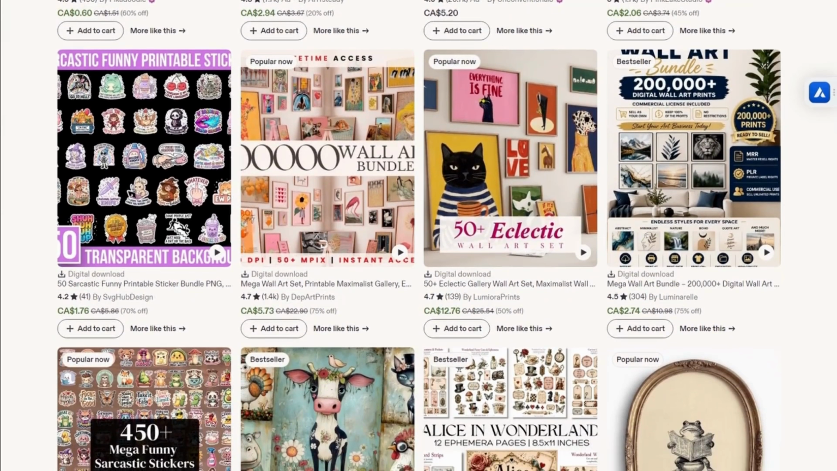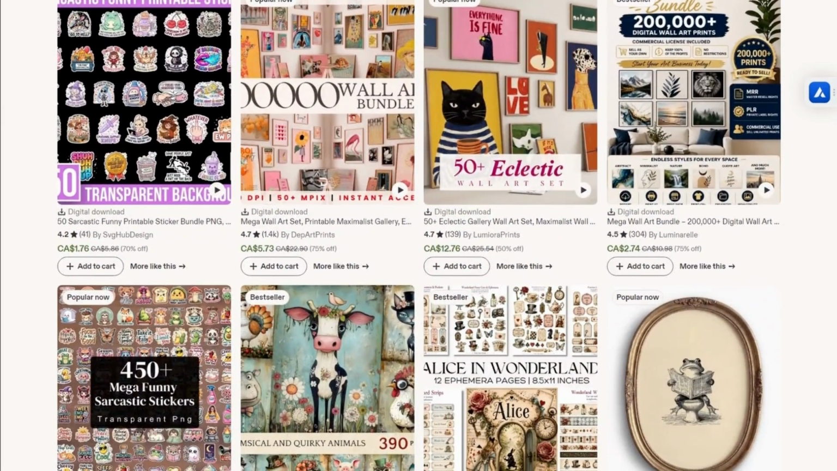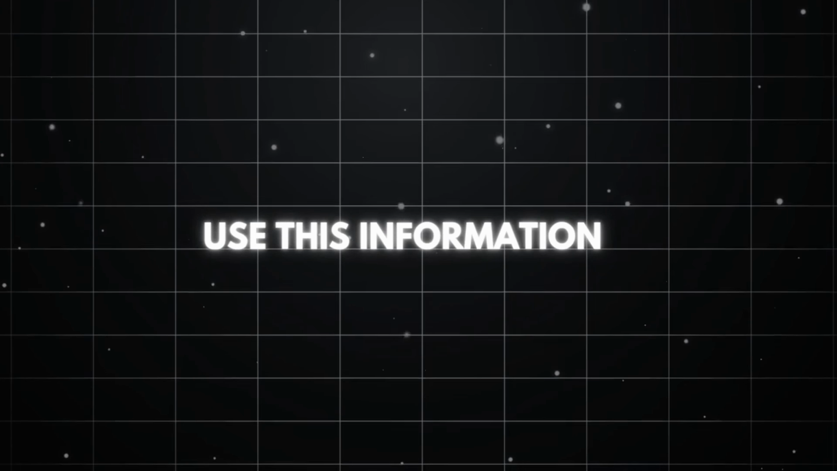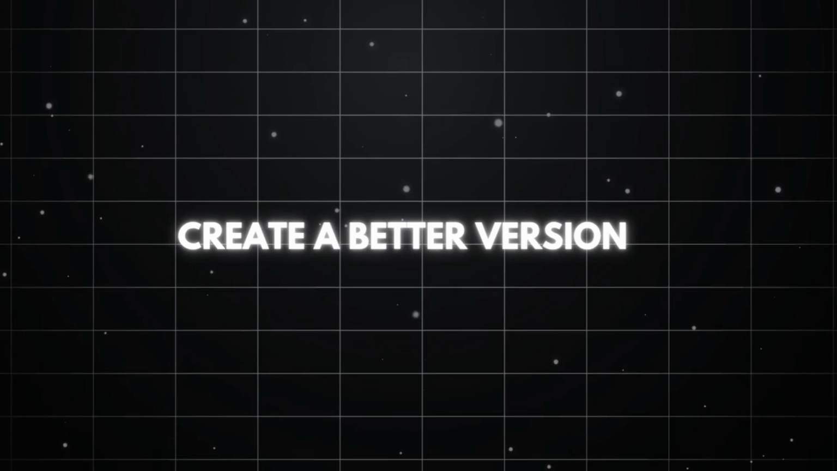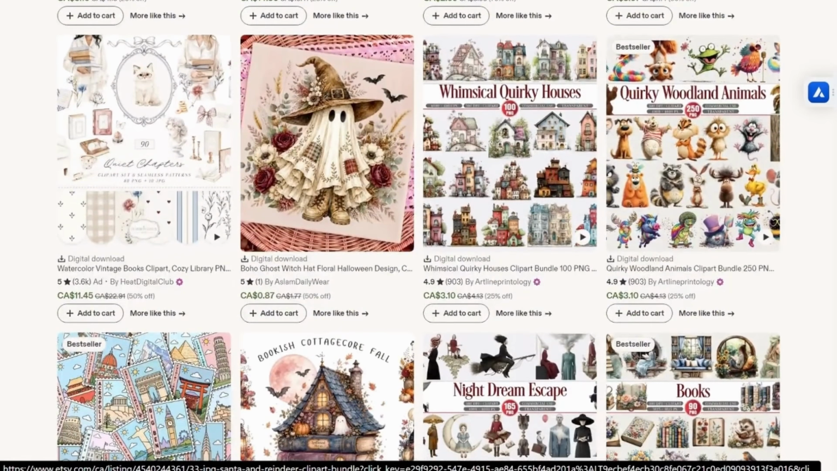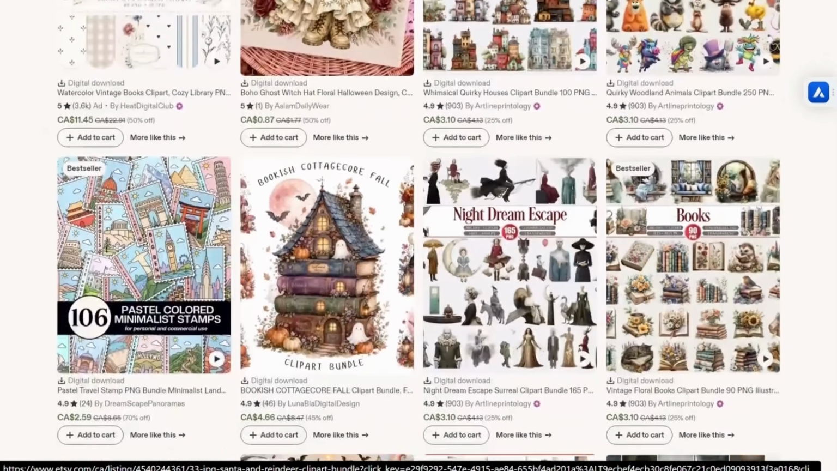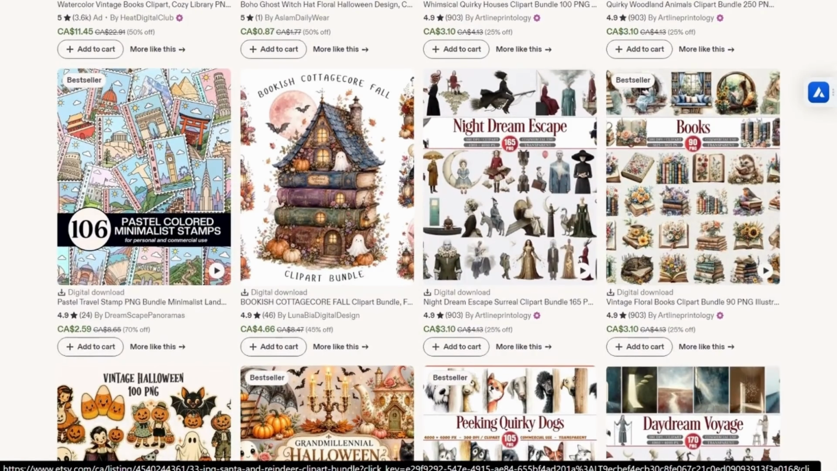For this video, I will be using Etsy to validate the market because it allows us to see what customers like or dislike about a product. We can then use this information to create a better version of the design. We will be focusing on creating an in-demand clipart design because clipart can easily be applied to different white label